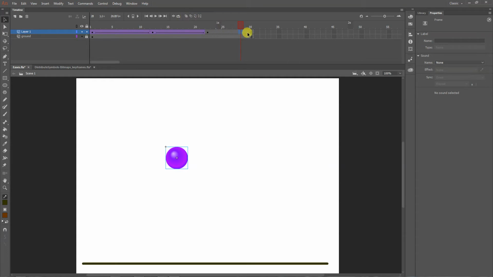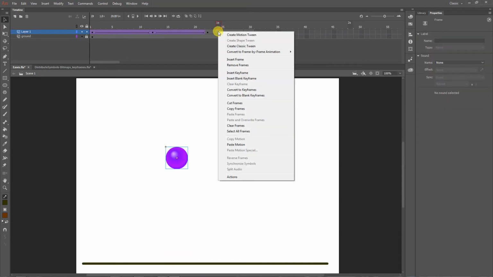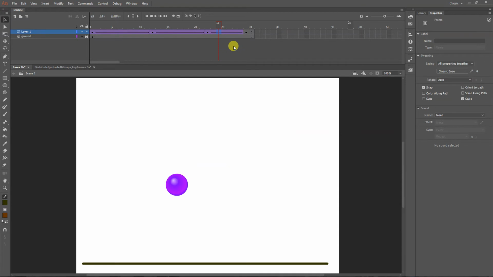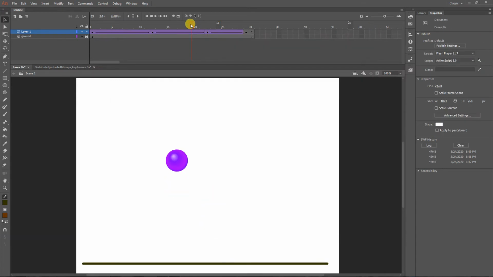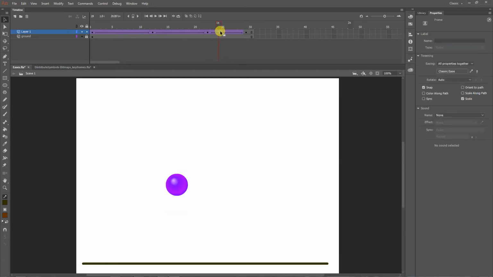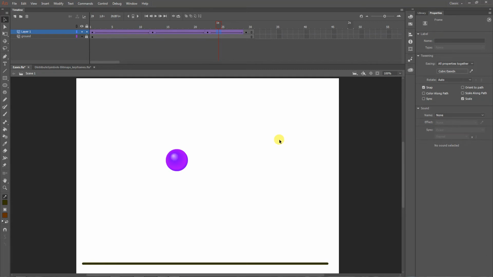So I'm going to turn off the whatchamacallit there. And I'm going to go to add another keyframe. Bring this down here. Right click, insert classic tween. And you'll see right away it's going to stand out like a sore thumb. Look how it falls like a lead balloon. It actually speeds up. So what happens is it's slowing down as it gets to the top, and then it gets here and it starts speeding up again. It looks like something acted on it. So I got to go in here. I got to say ease in. It automatically goes to the one that I had, which is kind of cool.